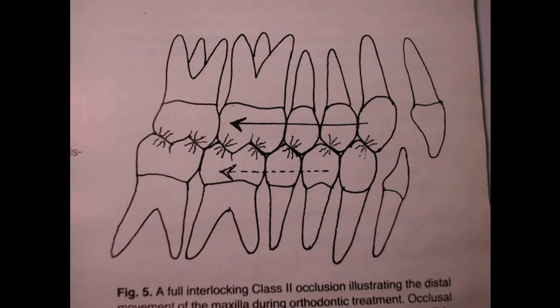Now, I had a hook down here, and I had a Class 2 elastic that went up something like this, and this is pulling the maxilla back, and it's also pulling the mandible forward. And now the joint back here began to hurt. Usually joints don't hurt at all if you move the jaw forward. That's what we do to help them in most of the cases, is move the jaw forward,